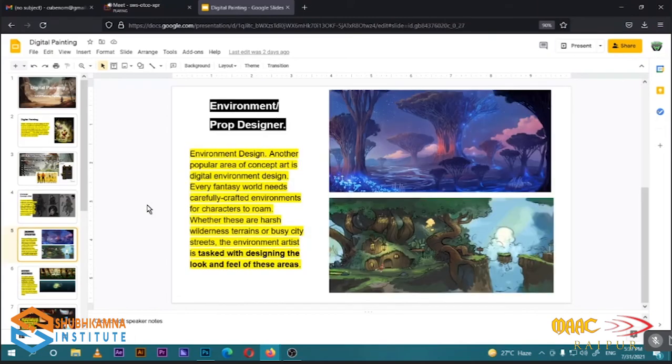There is environment and prop designer also. Environment and prop designers are the people who basically create the environment and feel of the basic background of the movie, either a game or whatever project. The whole environment can be displayed in a single image, and these artists also create a whole sheet of it, and also the details of the props as well.